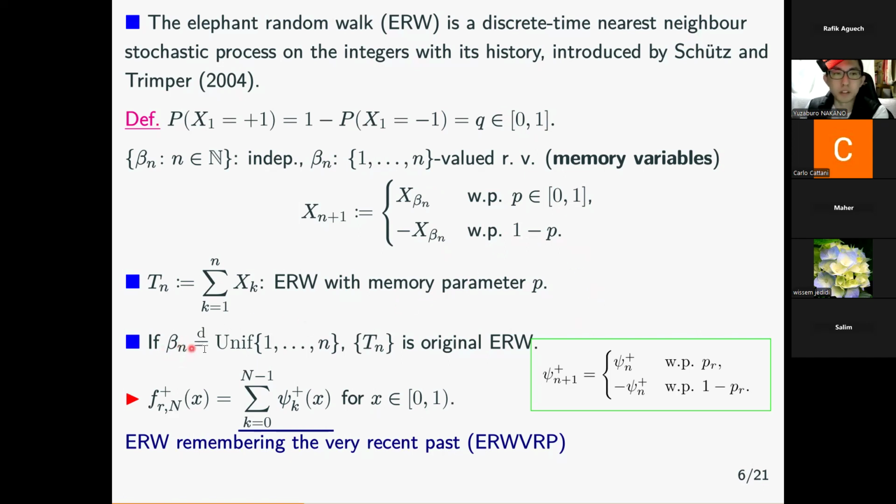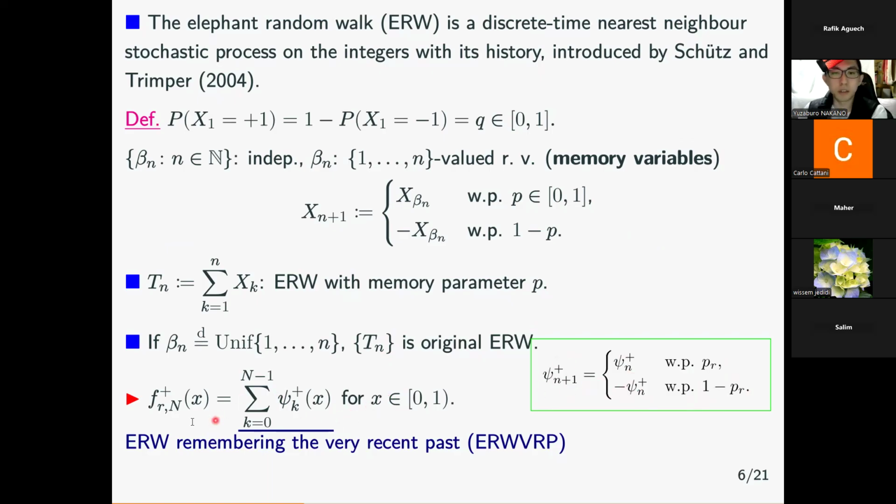If beta n is uniformly distributed on 1 to n, then Tn is the original elephant random walk introduced by Schütz and Trimper. Looking at the recursion form, psi n plus 1 plus equals psi n plus with probability p, or psi n plus 1 plus equals minus psi n plus with probability 1 minus p. Looking at this recursion,